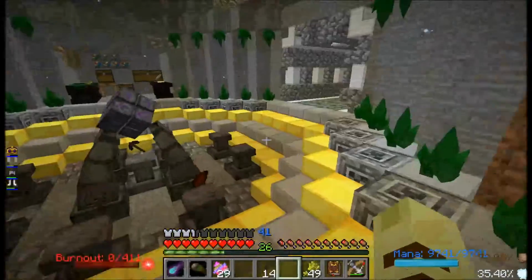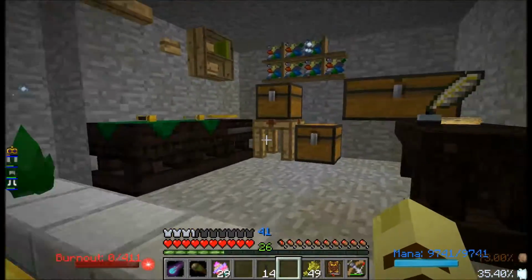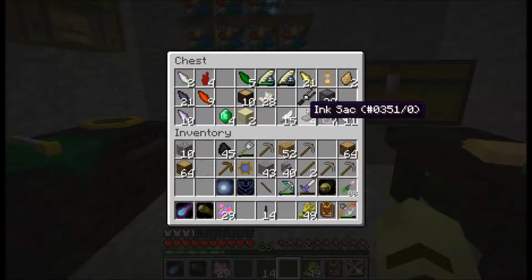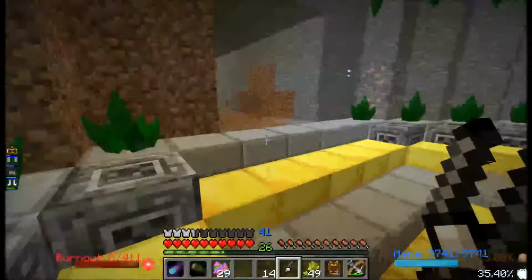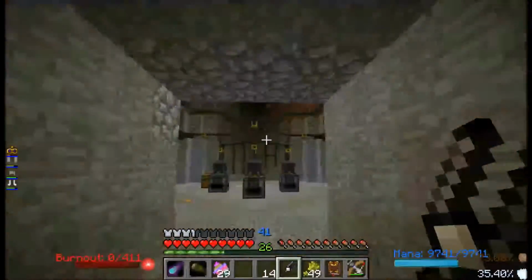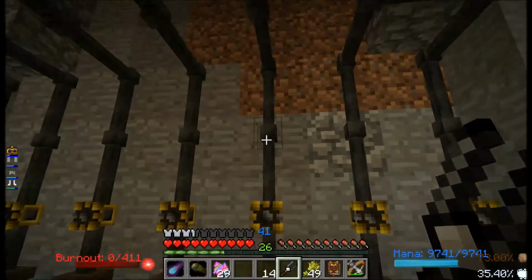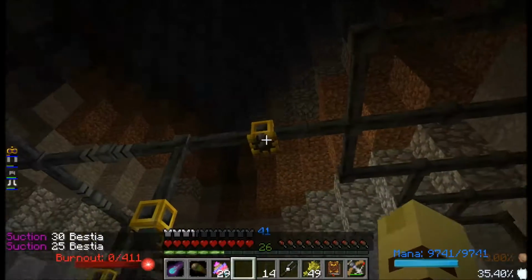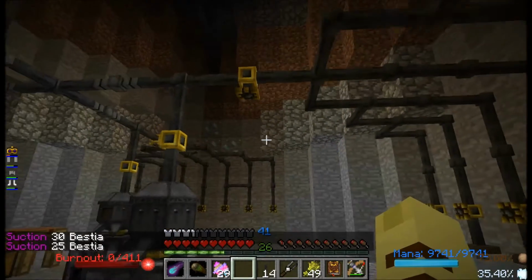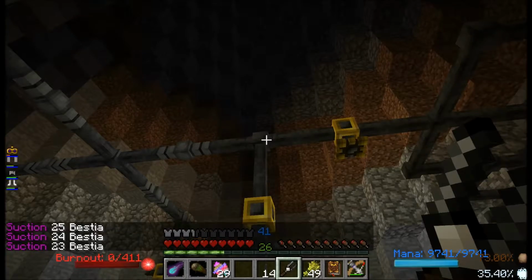Dang it. Where did I put my Essentia Resonator? There it is. Okay. Alright, these halved pipes may not be what I want. Because, let's see, we have Bestia, and so that's 30 Bestia suction right there, 25 Bestia suction right there. That was turned off, so there was going to be none. Now it's 24, 23,